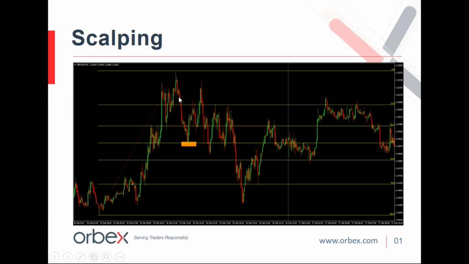So once we see this correction starting to occur, what we want to do is get our Fibonacci retracement tool, apply it from the low to the high, and then once again, we're looking to trade at the 50% retracement level. So you can see that I've highlighted here in the orange box the period when price tested the 50% retracement level, allowing us to get long. And once more, our stop simply goes below the 61.8% level, and we're just targeting a move back up to